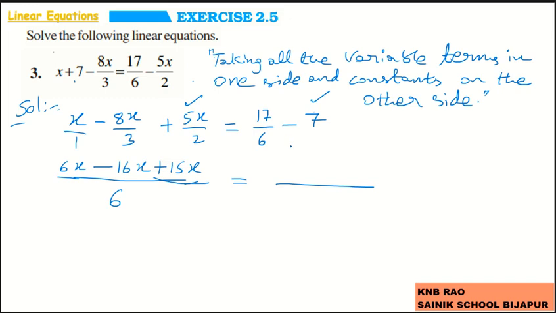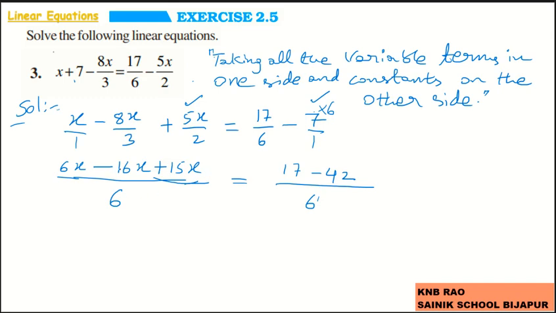Now in the right hand side again I have 6 and 1 as the denominators and their LCM is 6. So it gives me 17 minus 6 ones in 6, that 1 into 17 becomes 17. 1 in 6 for 6 times, it multiplies to this numerator 7 and it gives me 42. So 17 minus 42 is in the right hand side.